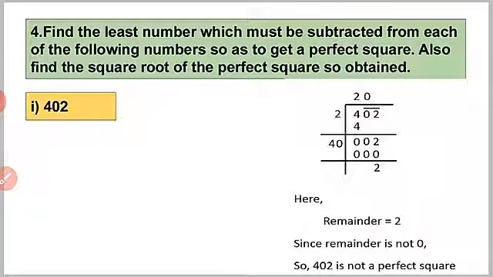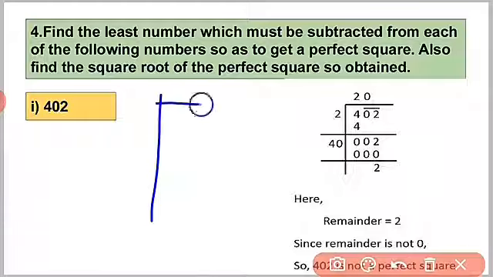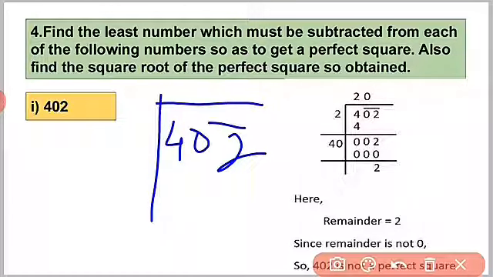Let's check whether it is a perfect square or not. So by the division method, we will apply the same steps. Start pairing. The square number which is less than or equal to 4 is 4, and